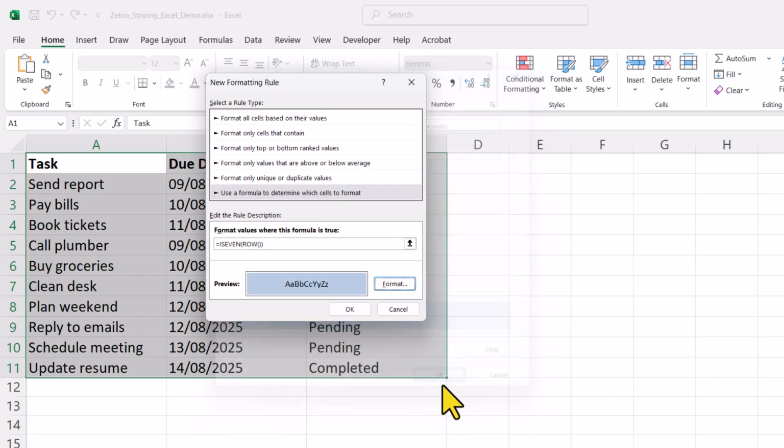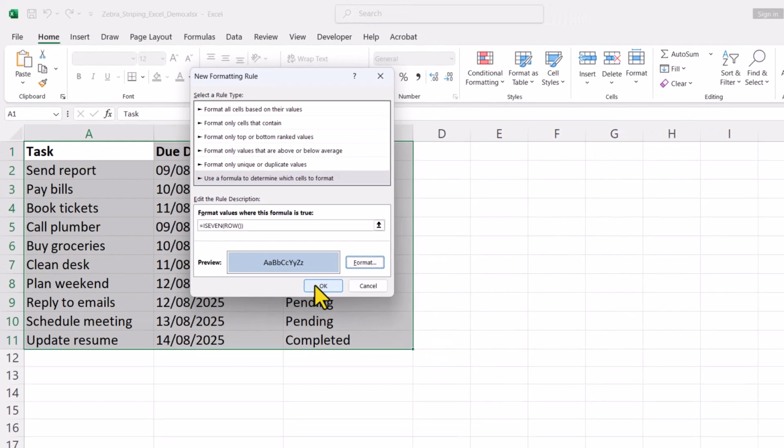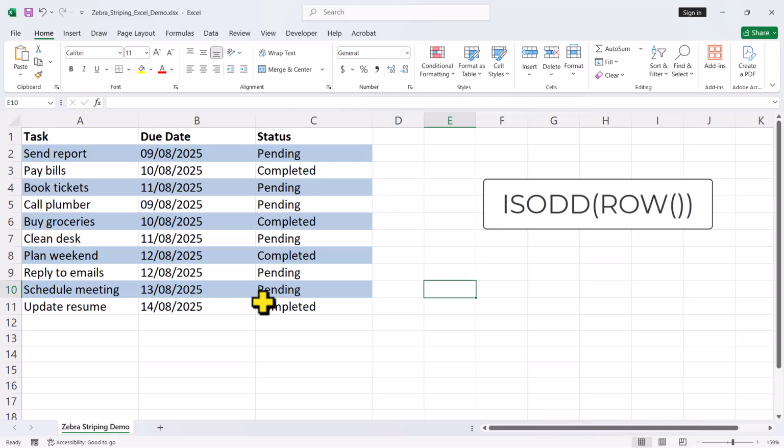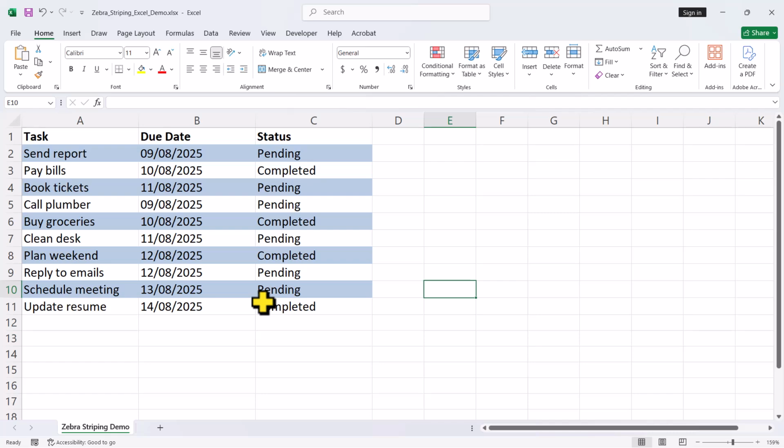Click OK, and then OK again. And now you have zebra stripes without converting your data into a table. You can also use this formula instead, if you prefer to highlight the odd rows instead of even ones. Now whether you used the table method or the conditional formatting trick, your data is much easier to read and